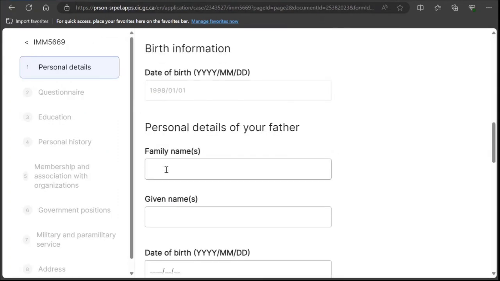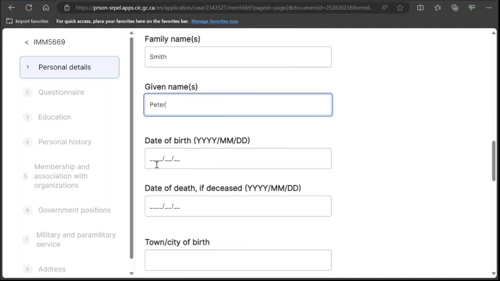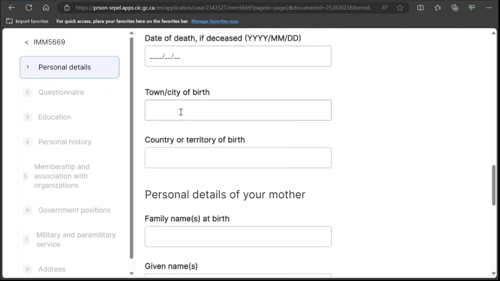Birth information, details of your father: Smith, Peter. So again, they have asked for names in another language, so you can definitely put Smith in Hindi, Peter in Hindi, and whatever languages you have. And this is the details of your father. So date that information. Date of death if applicable. Town, city of birth: Delhi. Country of birth: